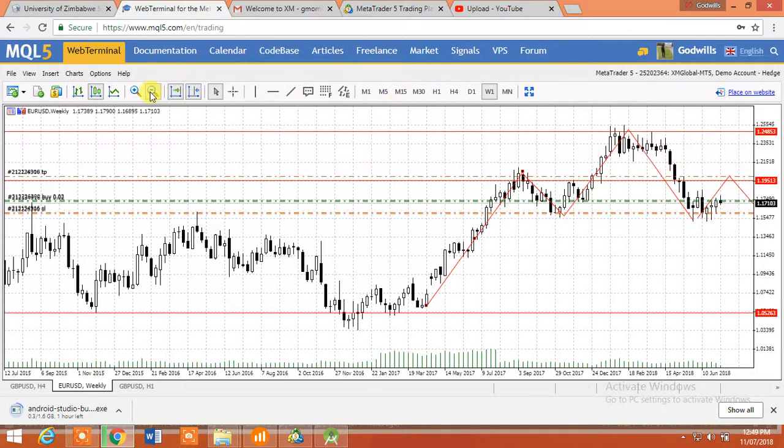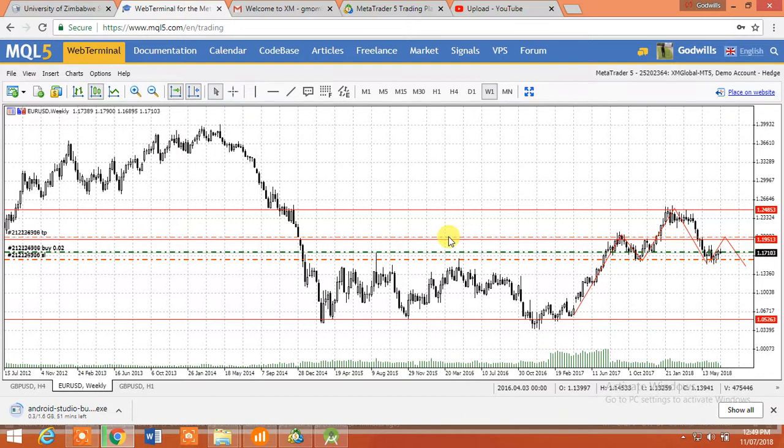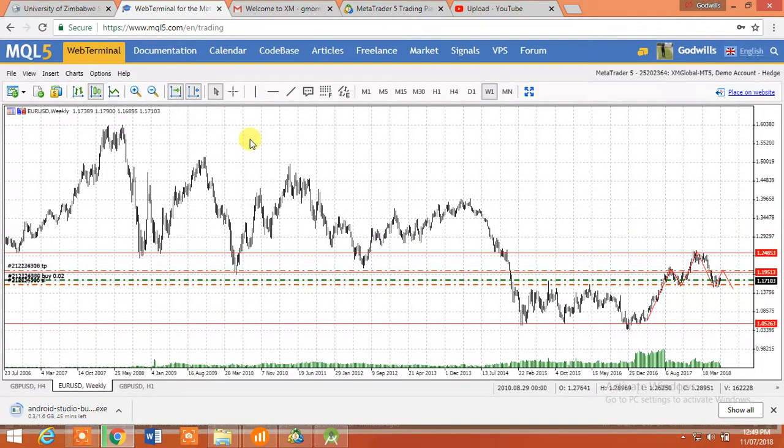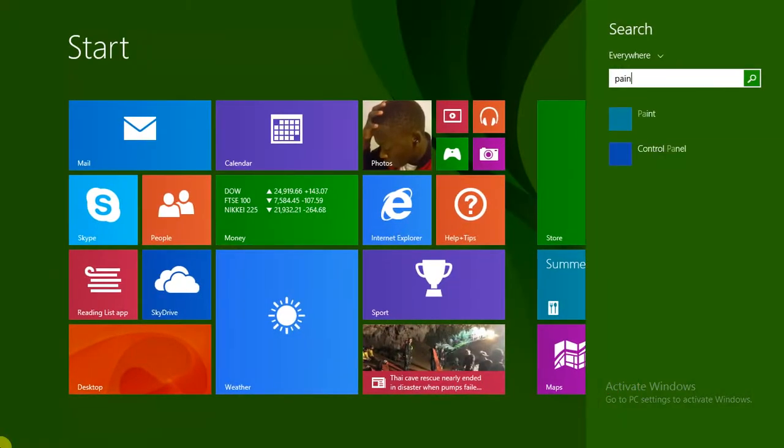As you can see from this chart, we've got a clear indication which shows us a head and shoulder. Let me zoom out and extend this trend line here. So if you can take a look around here, you can see the pattern which I'm talking about. Let me demonstrate